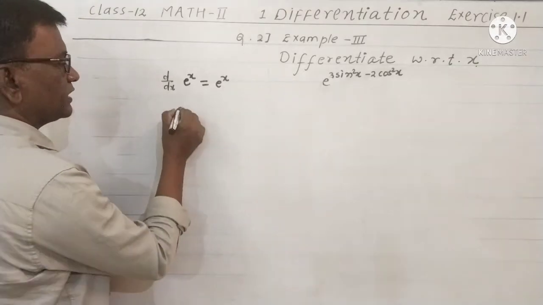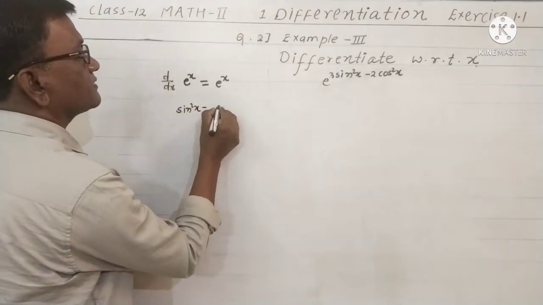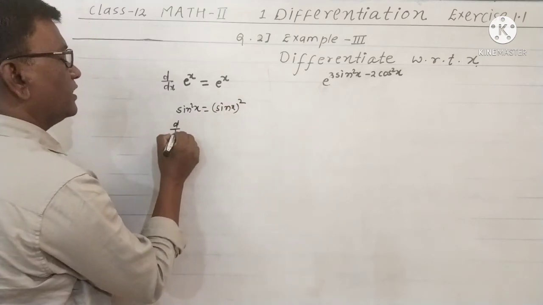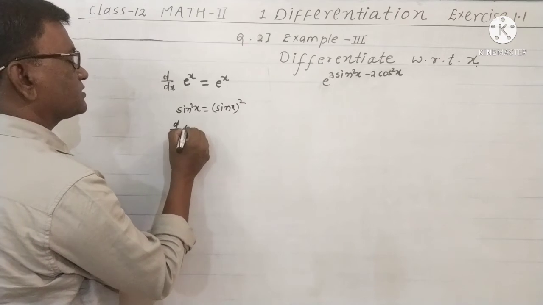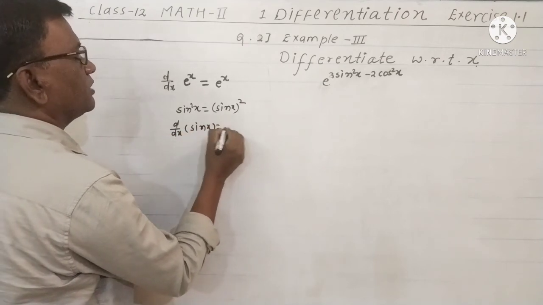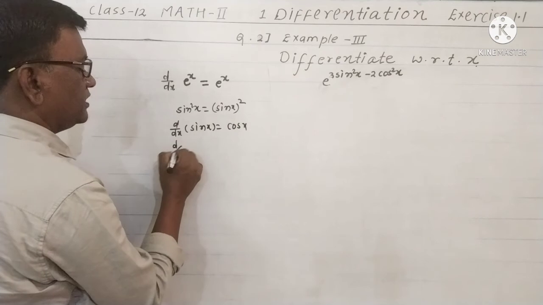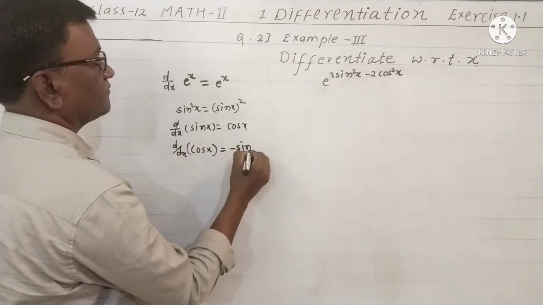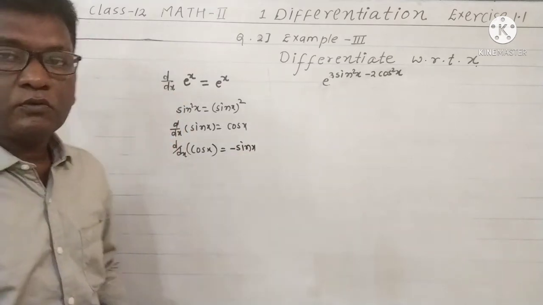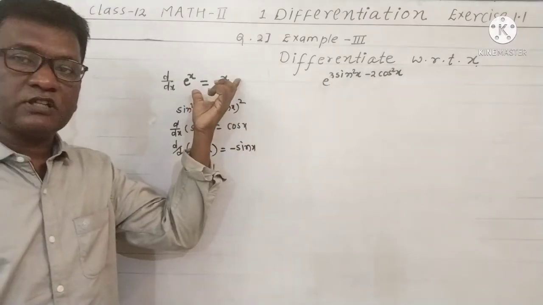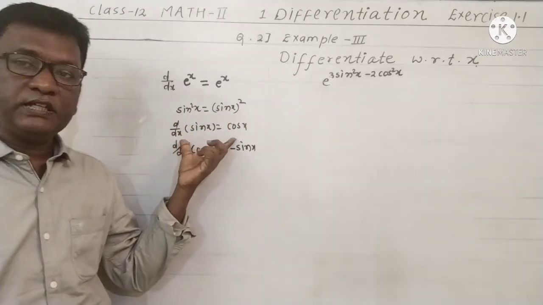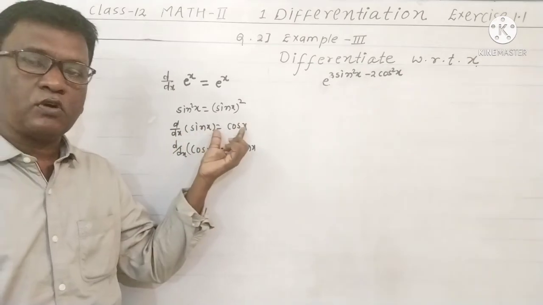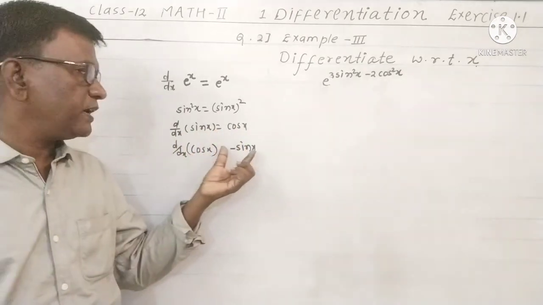In trigonometry we can write sin square x as (sin x) square, and we have the formulas: d by dx of sin x is equal to cos x, and d by dx of cos x is equal to minus sin x. If you know the formulas for the derivatives of e raised to x, which is e raised to x, of sin x, which is cos x, and of cos x, which is minus sin x,